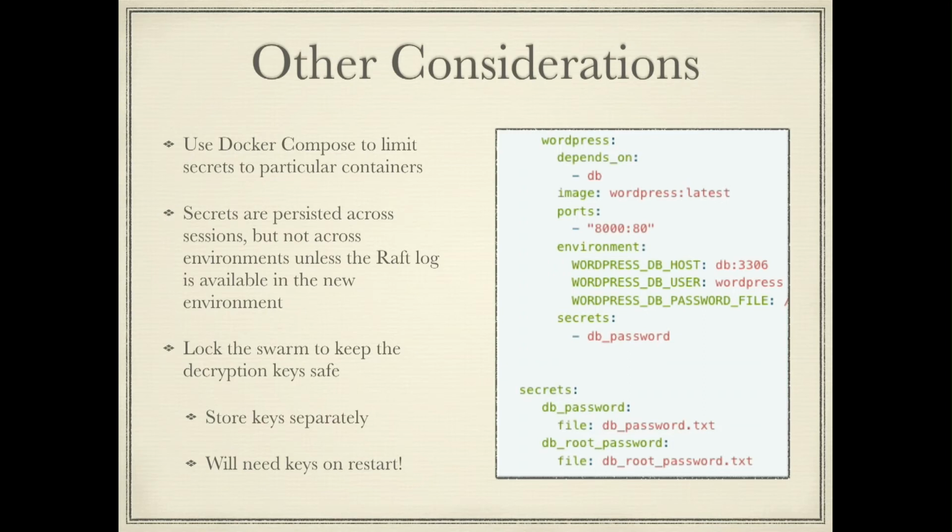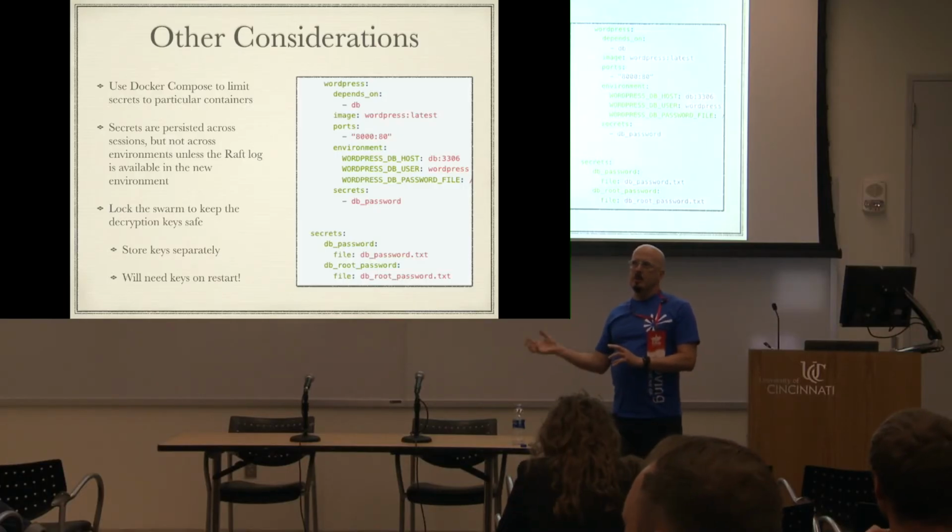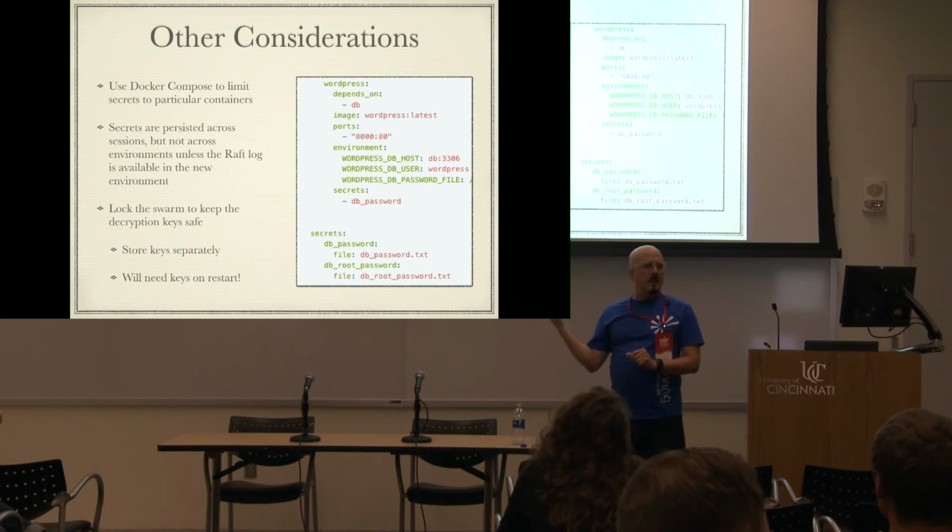Secrets are persisted across restarts of Docker machine and of the system in general. If you restart your host, you'll still be able to access them because they're in the raft log. When the service restarts, it can pull the secrets that it previously had available. But if you redeploy to a new set of hosts in new Docker machines, you will probably have to manually re-add the secrets following the procedure that we just did.